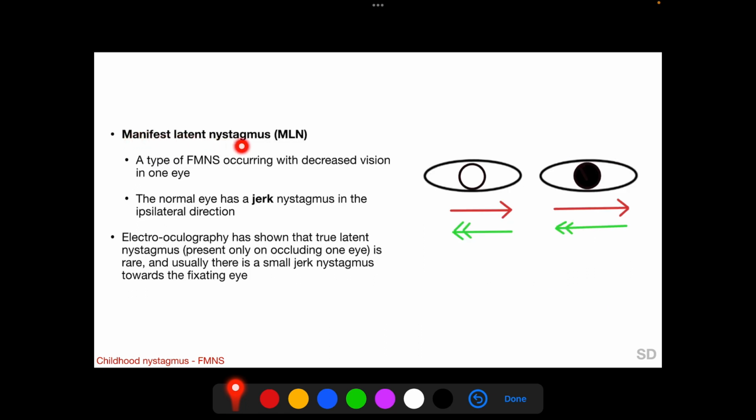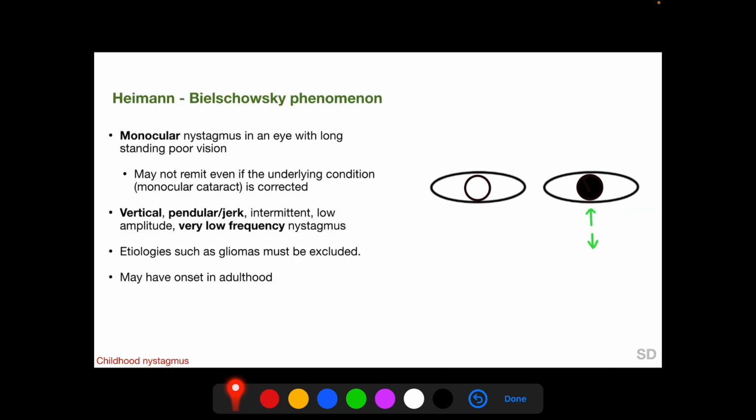Manifest latent nystagmus is a type of FMNS occurring with decreased vision in one eye, as if that eye is occluded, and the normal eye has a jerk nystagmus with the fast phase in the direction of the normal eye. Electrooculography has shown that true latent nystagmus, in which the nystagmus is present only upon occlusion of one eye, is rare. Heimann-Bielschowsky phenomenon is a monocular nystagmus, so it is one of those rare forms of nystagmus which is monocular,